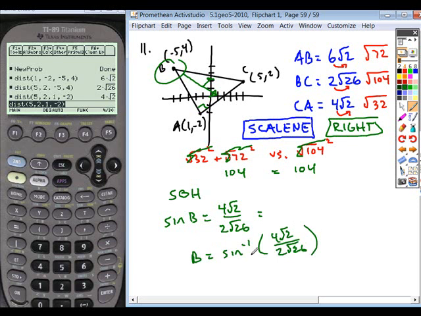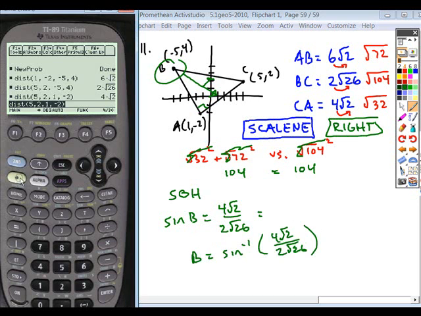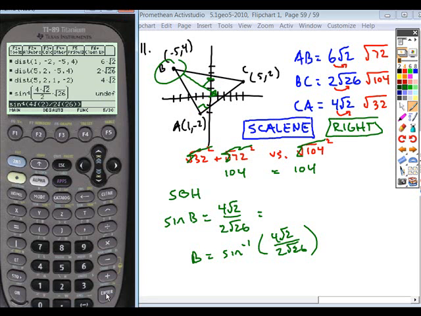So if I were to calculate this, I can simply take inverse sine of my ratio 4 square root 2 divided by 2 square root 26. I want to solve this in decimal form, so I'm going to hit the green diamond button since none of my actual entries have a decimal point. Oops. On this, I need to put my whole denominator in parentheses. Okay, and once again, hit green diamond, and I get 33.7 approximately